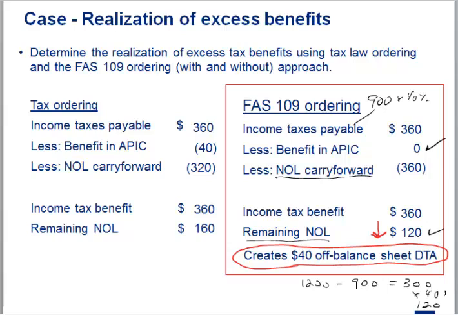So maybe for next week, and to put your mind at ease, this is not on the exam. But maybe for next week, if you can't get enough of this, we can go through more problems with and without ordering. Because it's fascinating. I mean, if you pull up Amazon's 10K, Yahoo's 10K,